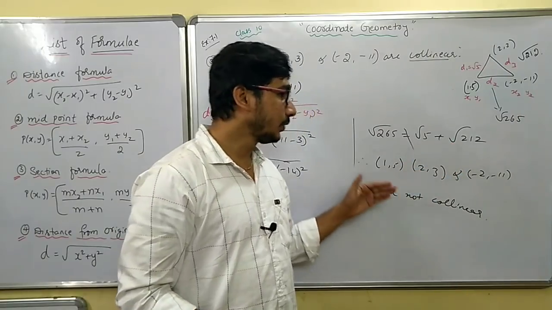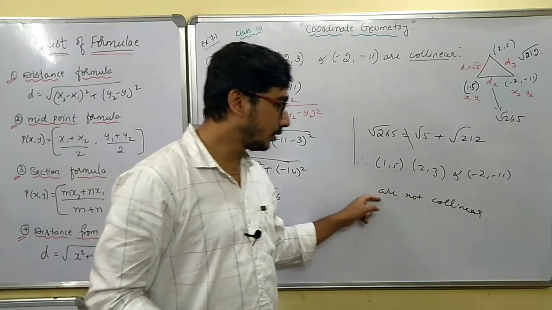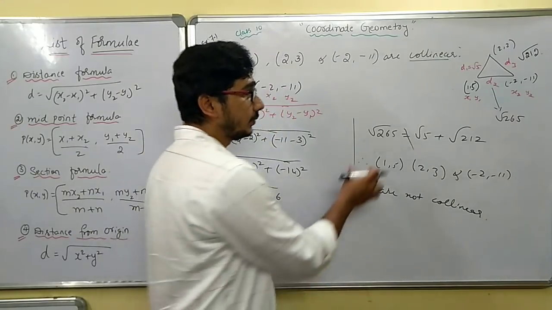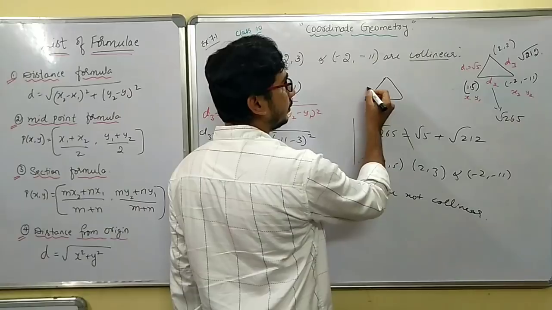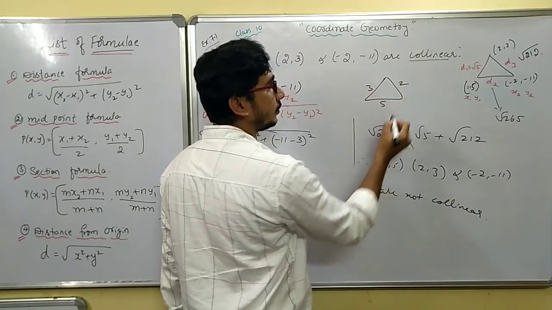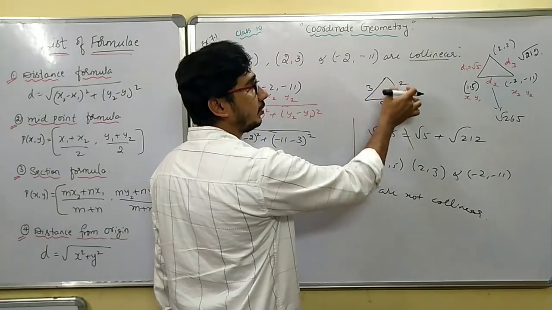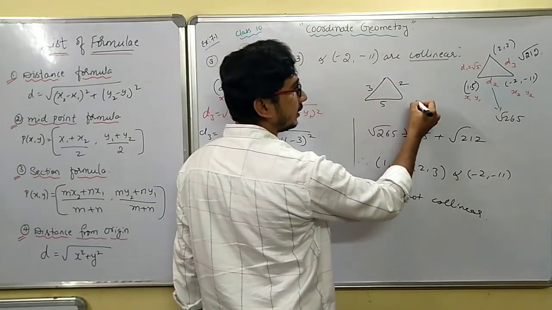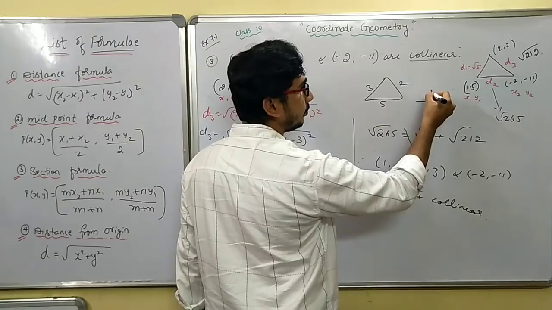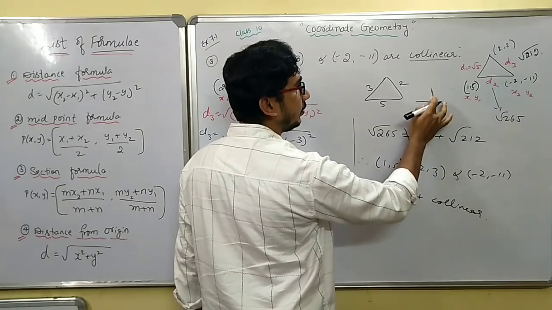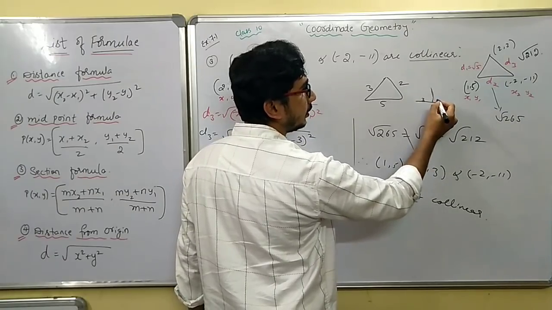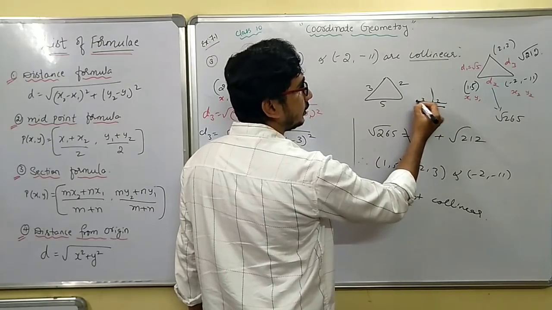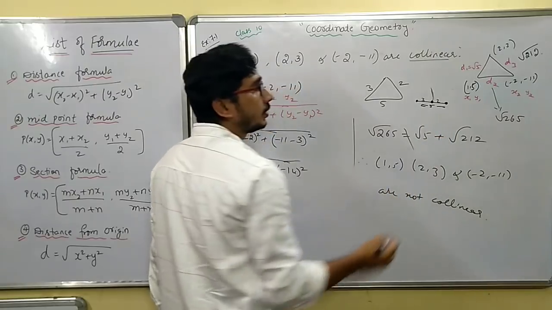That is the reason when they are not equal, we call this not collinear. See, if this is 3, if this is 2, if this is 5, if you add the two smaller numbers and get the larger number, then this point will come and coincide here. It will become 3 centimeter, this will become 2 centimeter. So totally 5 centimeter. So these 3 points will become collinear.